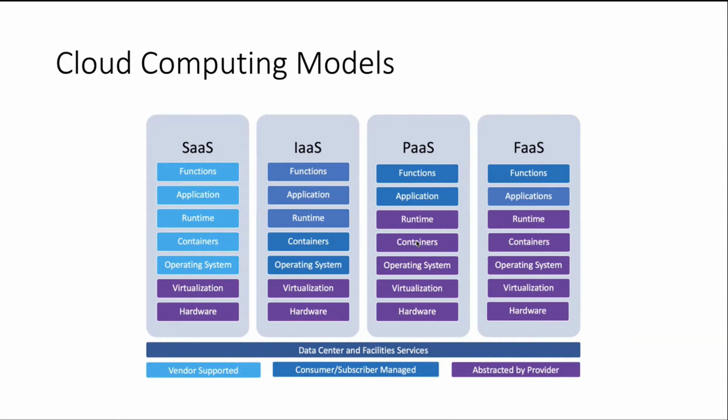At the bottom, you have data center and facilities services, I mean to say where your hardware, appliances and other things are kept. Vendor supported, consumer subscription managed or subscriber managed, and then abstracted by provider. Whatever the hardware, the objective of the data center is to ensure that it hides the low-level layer and facilitates the end user by providing various different